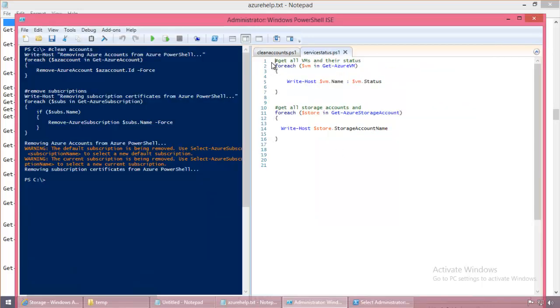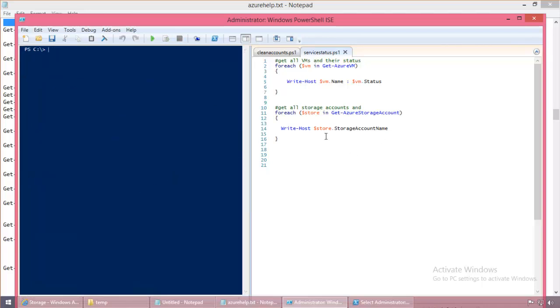The other one I wanted to show is a small script. What this script does is that I'm going to get all the VMs that are there and get the name and status of that. And the other one is I'm going to get all the storage accounts and then just pretty much print out the names. So if we run this,